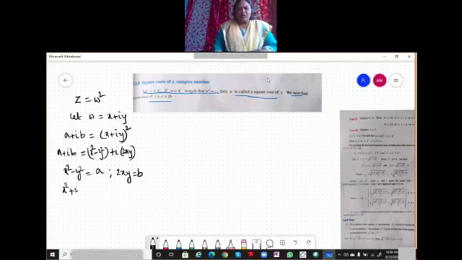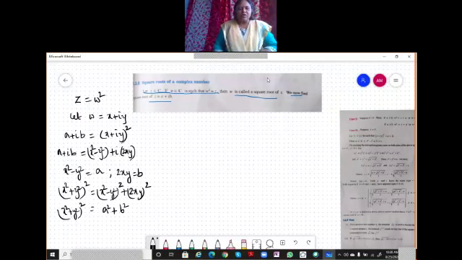Now tell me, what is x square plus y square whole square? It's nothing but x square minus y square whole square plus 4x square y square, that is nothing but 2xy whole square. This is an identity from your lower classes itself, isn't it? So x square minus y square whole square is nothing but a square. 2xy whole square is nothing but b square. So this is x square plus y square whole square. So now tell me, what is x square plus y square? It's nothing but square root of a square plus b square.